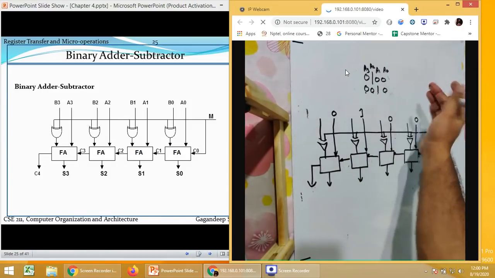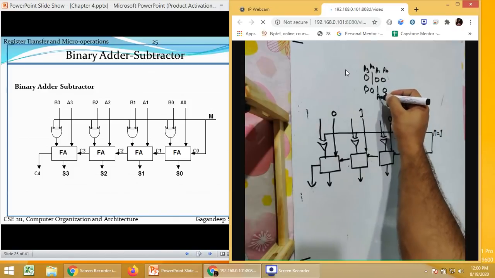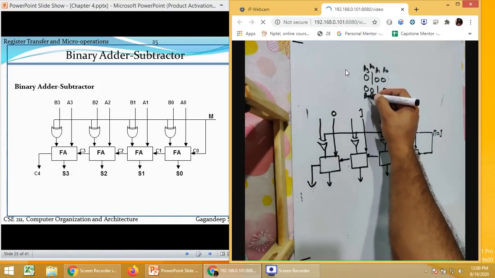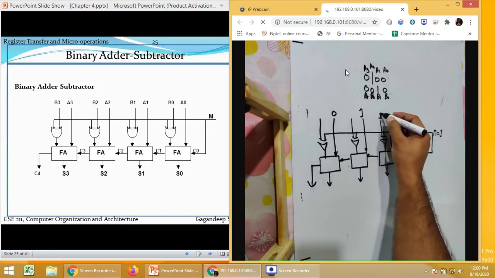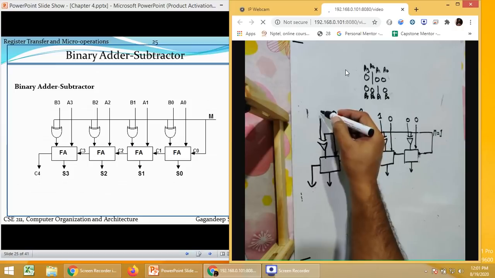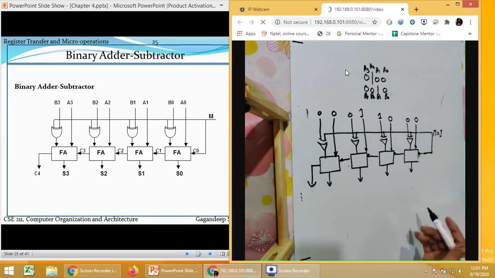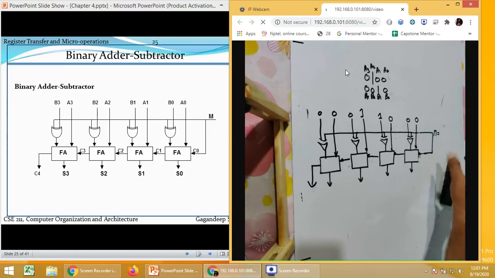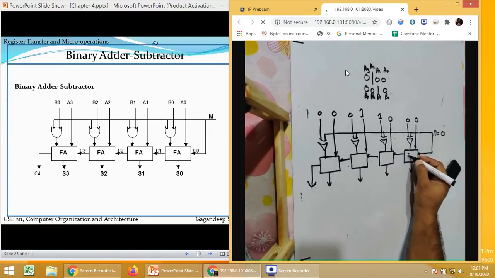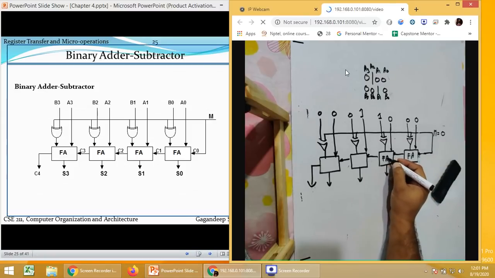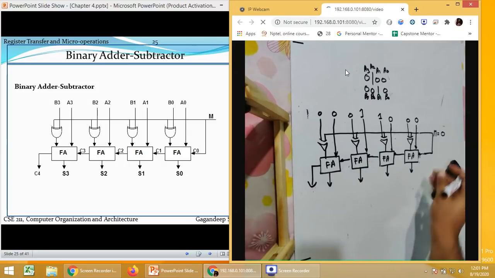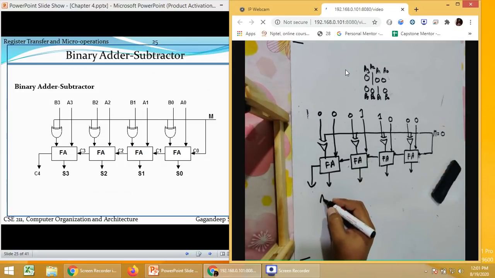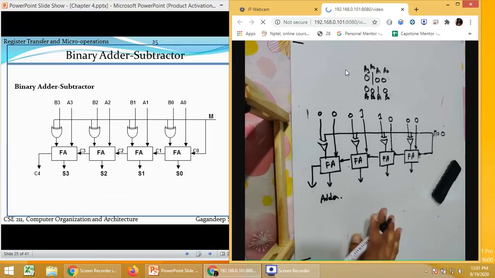Then for these values B naught, B1, B2, B3, we are going to write these values here 0, 1, 0, 0. Now let us make the value of M equal to 0 in the first case. So this is a full adder. If the value of M is 0, it should work as an adder. Now this should be the output.